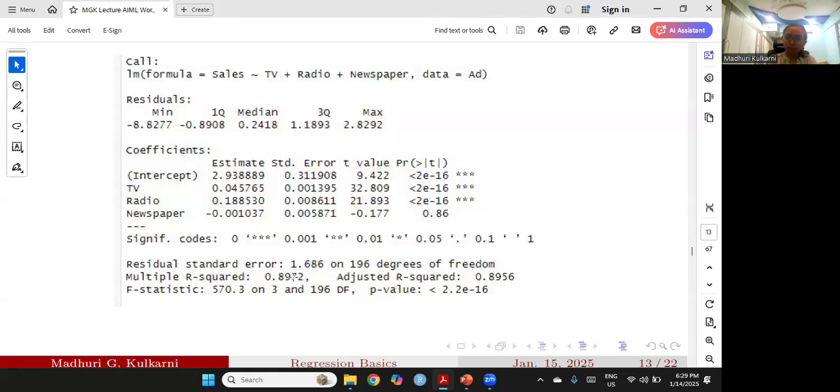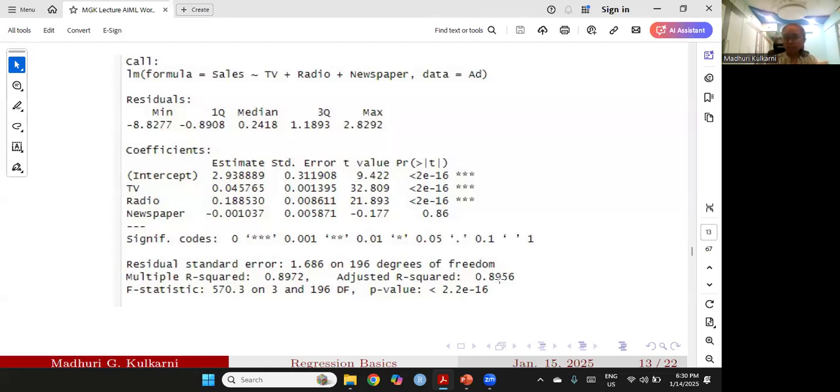Usually this value is supposed to be high. When the value is, say, 0.89, then you can say that it is 89% good, or 89% is the explained variation in the data. So the higher the value of adjusted R squared, the better the model is. In some cases, if the adjusted R squared is only 0.4 or 0.5, then one should not go for such a regression model. Having an adjusted R squared of 0.5 or less is not a good situation, and people then don't go for such a regression model. They try to modify things and fit a better model.